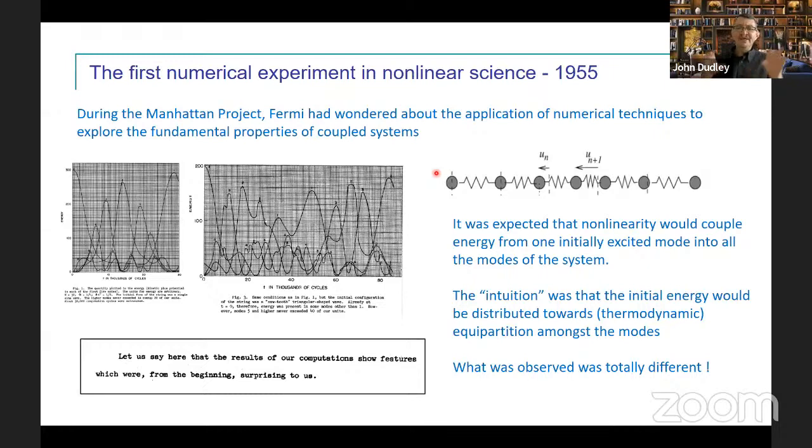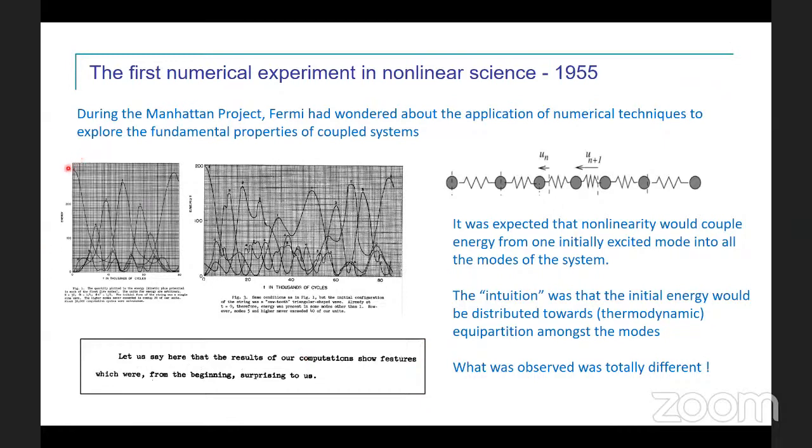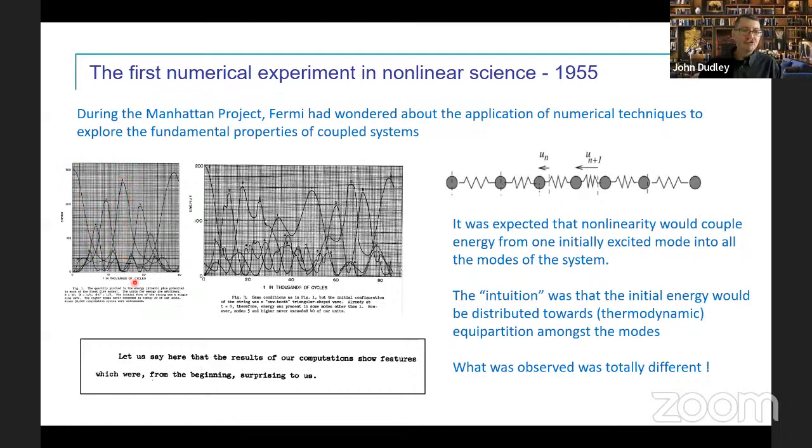So if you have 60 or 70 masses coupled together and you have some kind of force between them that is not simply a kx term, but a nonlinear term that allows energy exchange, he wanted to study how energy was transferred from one normal mode of the system, which you excited, into all of them, and he expected to see thermodynamic equipartition. But he saw something completely different, and in the paper they say, let us say that the results of the computations are surprising, because what he saw was that if you trace the amplitude or the energy of one mode of the system, it would fluctuate in this very unexpected way. And what he had discovered was a nonlinear coupling, and later it was shown that this is a part of a landscape of nonlinear effects that also includes